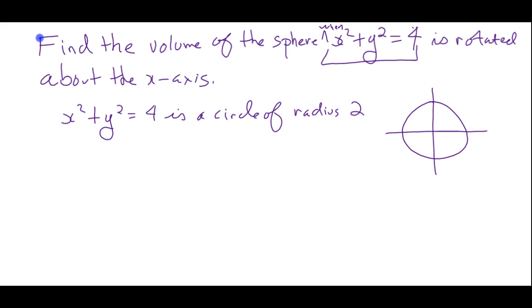So we're taking that circle and we're going to rotate it. What shape are we going to get? Right, you're going to get a sphere, right? So we get a sphere. So volume is equal to 2 pi. Okay, now I'm going to say 2 because what we're going to do is